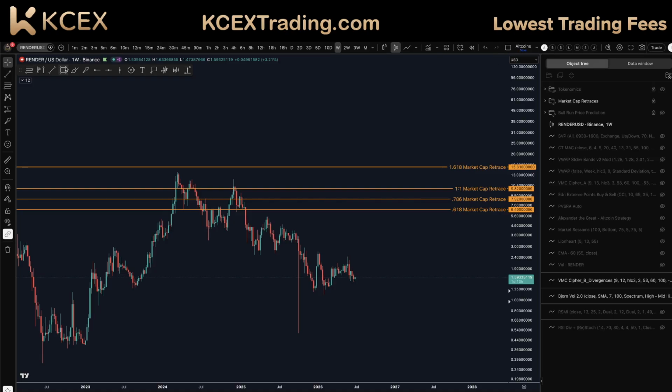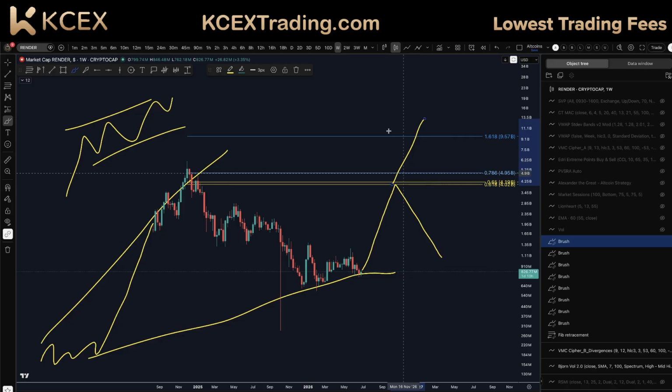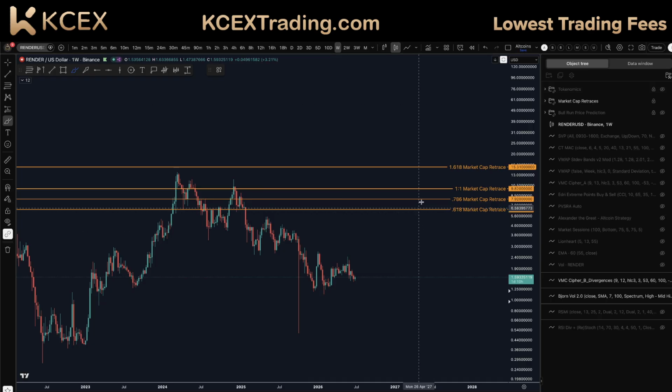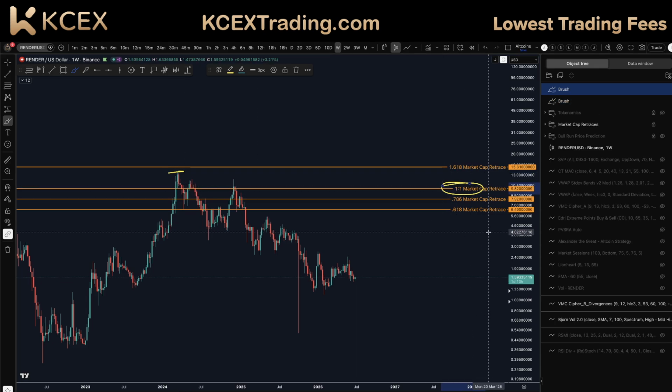And if you did not remain bullish, you just retraced on market cap versus breaking out to a new high, then these would be your prices for Render. Just like this, okay? And if you stayed bullish, and you did the same market cap where you had a price high of about $14, your price would actually be $9.82. That's if you did the highest market cap you've ever done.